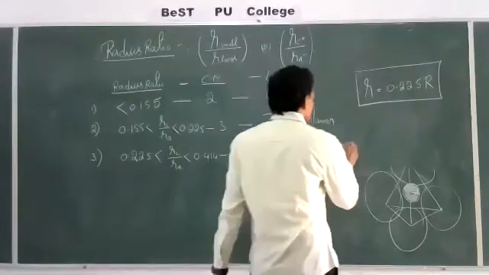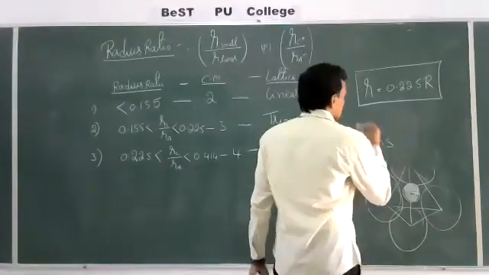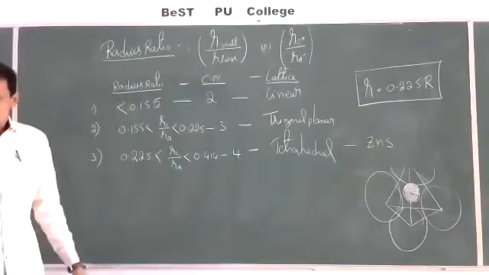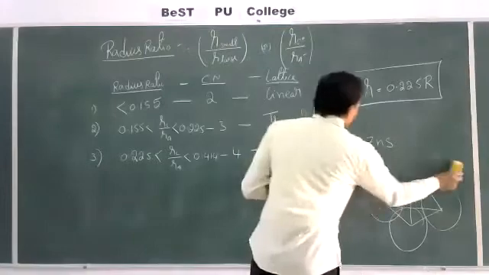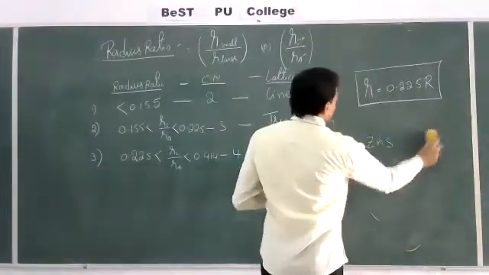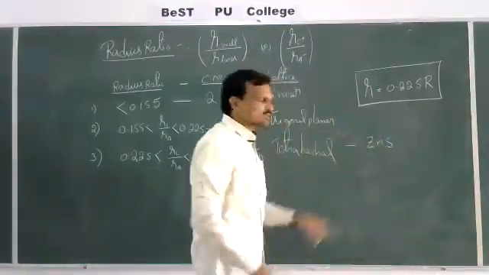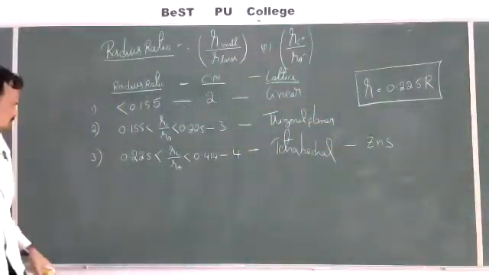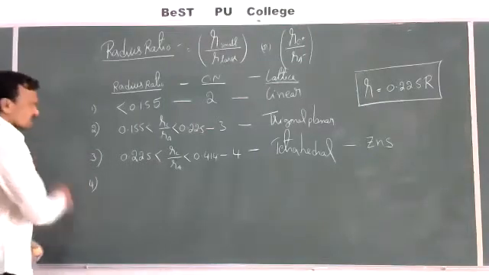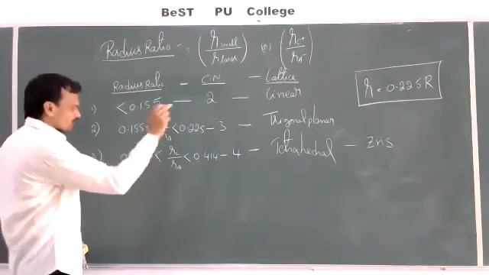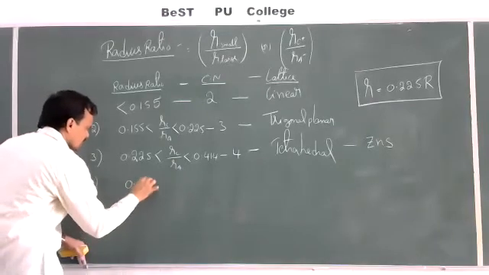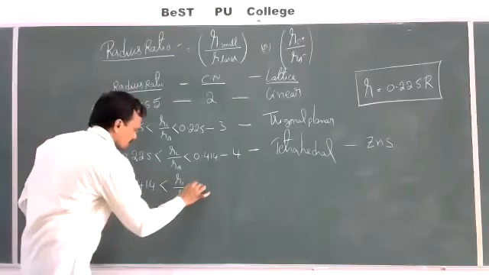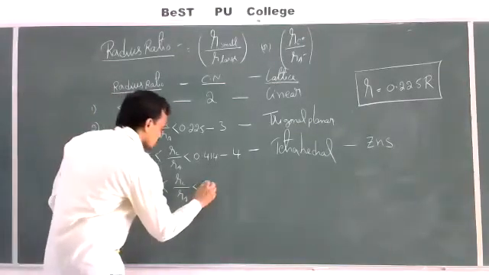An example for this is zinc sulfide. The crystal lattice of zinc sulfide has tetrahedral voids. Here sulfide forms the basic lattice. In the tetrahedral voids, Zn plus 2 ions will occupy. Later I will show this by taking a diagram, all clearly. I will explain. Next, if the radius ratio lies between 0.414 is less than radius of cation by radius of anion less than 0.732.